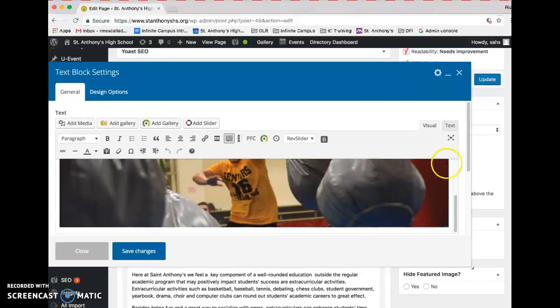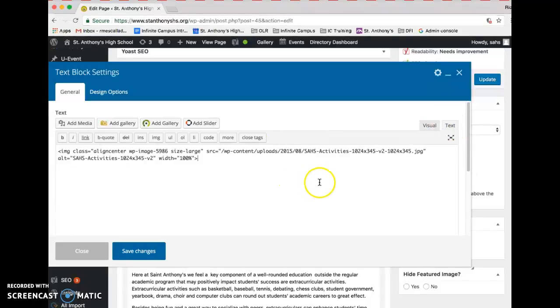To look at the dimensions, I want to look at the code. I click text. And it says that this image is 1024 by 345. So 1024 is my pixel width. 345 is my pixel